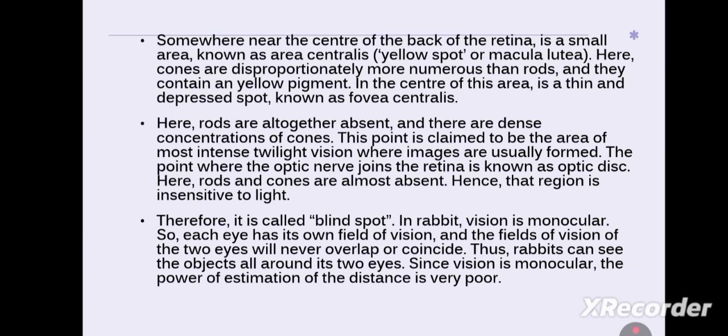Here, rods are altogether absent and there is a dense concentration of cones. This point is claimed to be the area of most intense twilight vision where images are usually formed. The point where the optic nerve